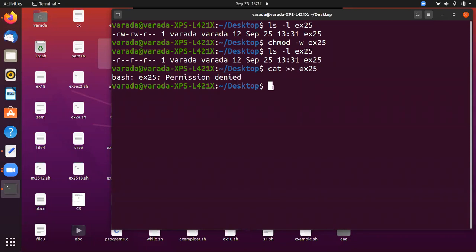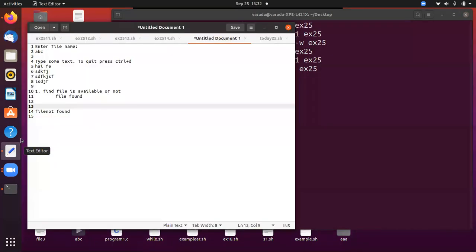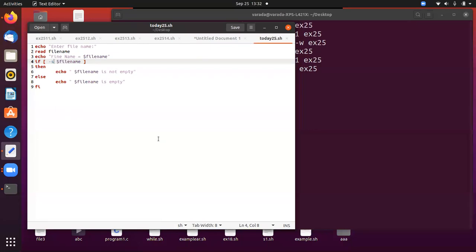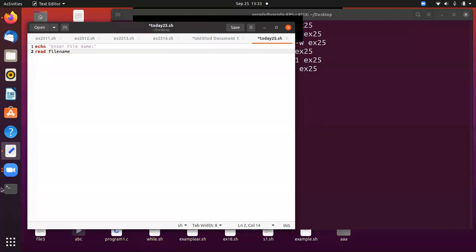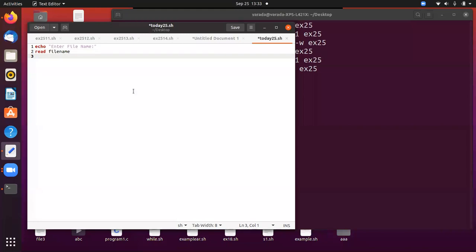Okay, so now we are going to write the program for that. It is the first message we are going to print: echo "enter file name". I read this into one variable, the file name. So now we check two conditions.